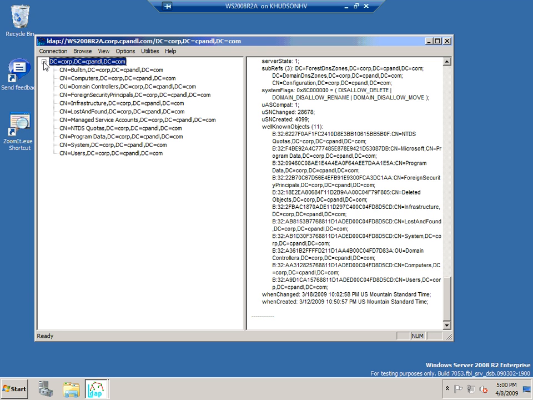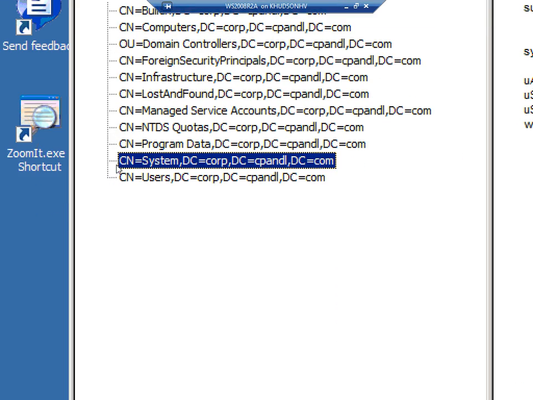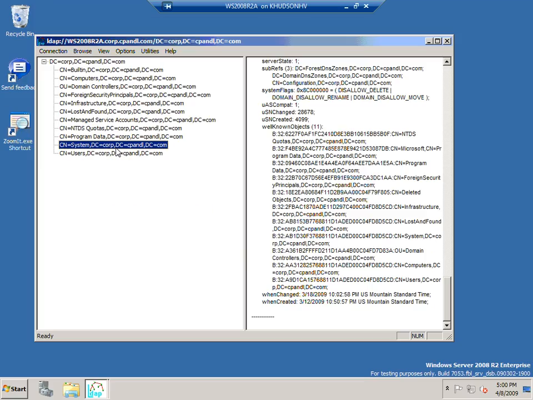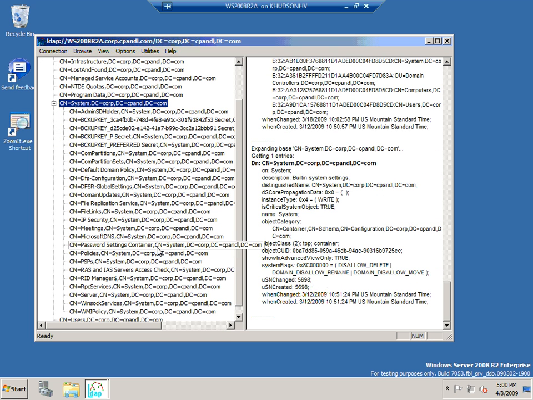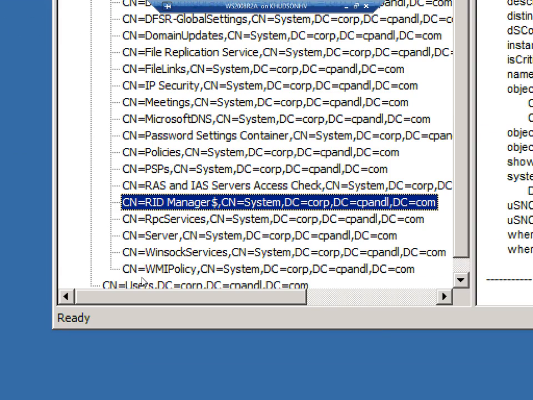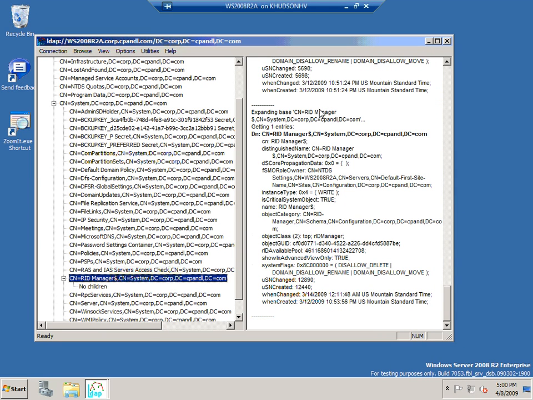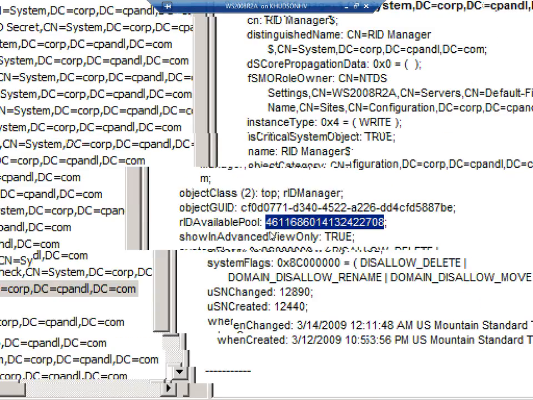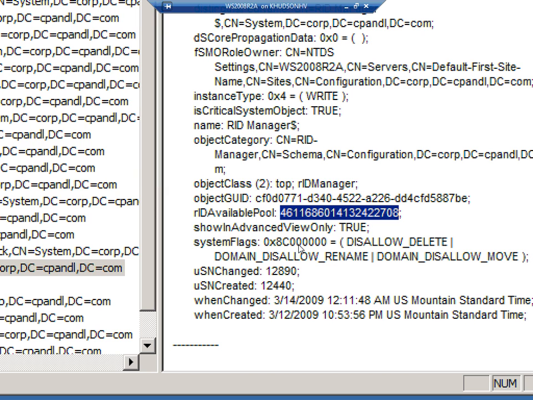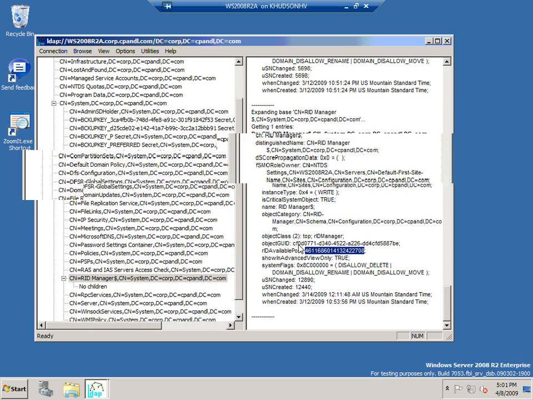And then I will expand my base DN looking for the system container. Expand the system container and then look for the RID manager $ account. There it is. And if I double click that account on the right side, I will see that record. And in that record, I am looking for the RID available pool. And I will select the RID available pool, copy it,